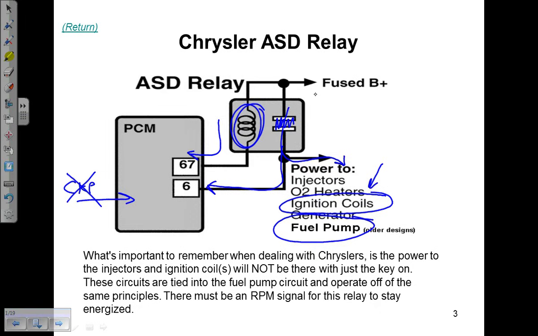And depending on how you approach this diagnosis, you may have started at the ignition coil and found that there was no spark on this engine. Obviously, with no crank signal, we're going to have no spark. So we start at the coil and we do our checks on the coil, and what we find on this